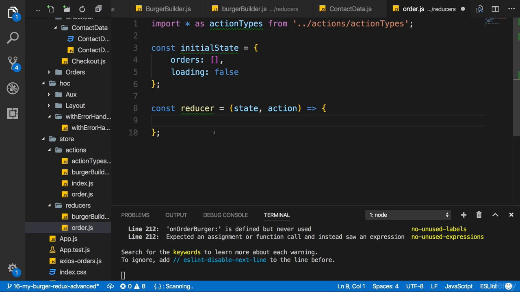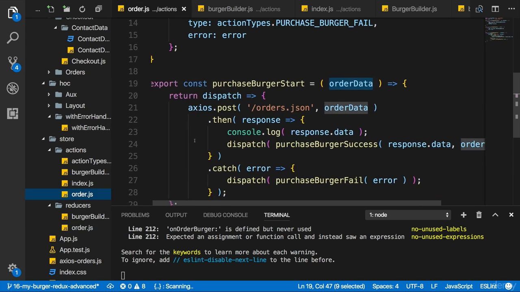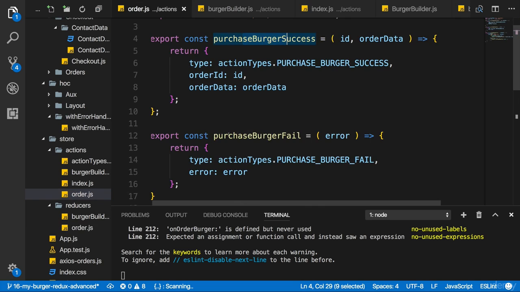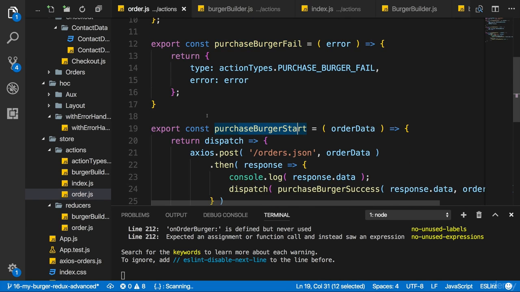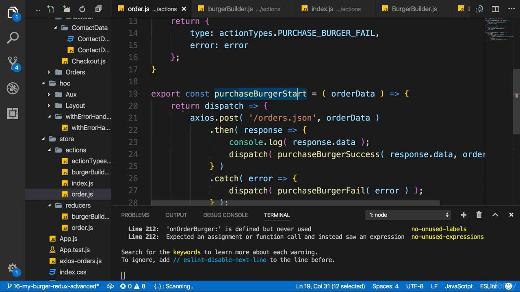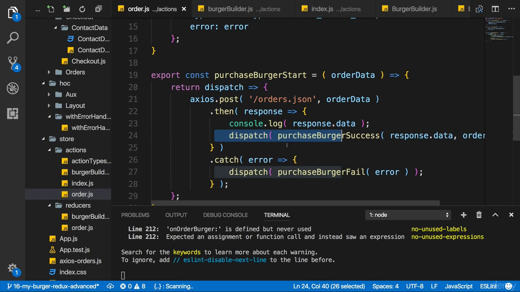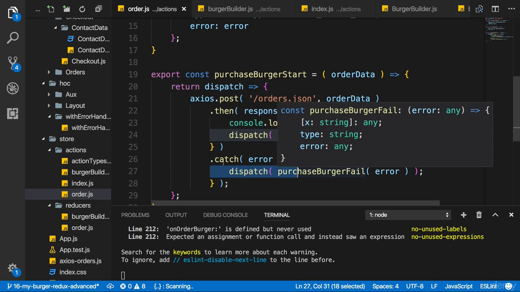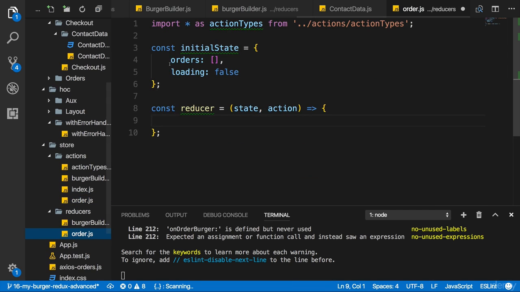Now the one issue we'll face immediately is that in our order action creator, we only handle success and fail. The start action here doesn't actually dispatch anything we can catch in Redux. We instead run some async code to dispatch other actions, which is a normal pattern. But since we probably want to update our loading property in our state when we start loading, we need an additional action we dispatch. So that's something we should keep in mind, and I'll handle it in the next lecture. In this lecture here, let's work on the actions we already have.